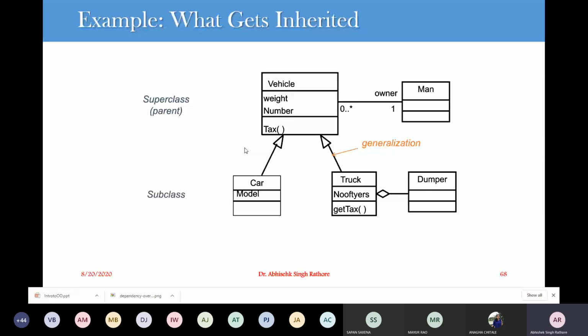While this is a whole-part relationship, this is an aggregation. So truck is the whole and the trailer is the simple part, or we can say that this is not a dumper, but a trailer for this truck. So when we have a truck, this truck has a trailer over here. Then next we'll go for the next relationship.